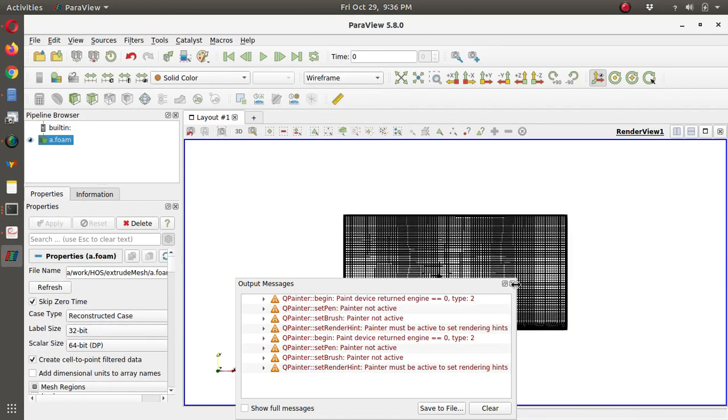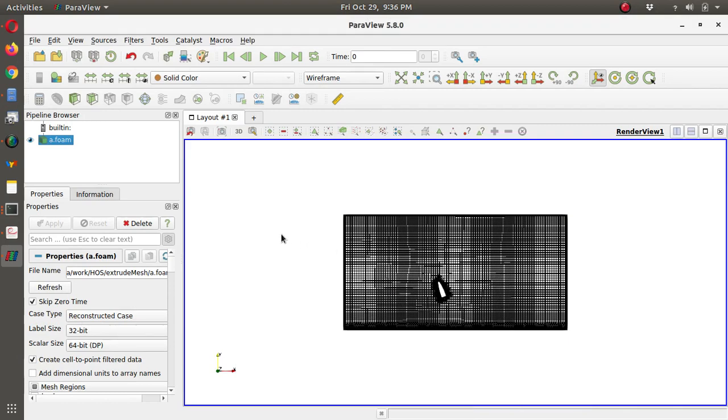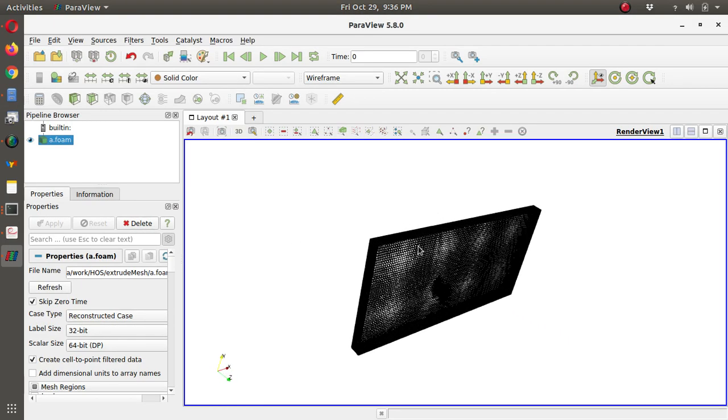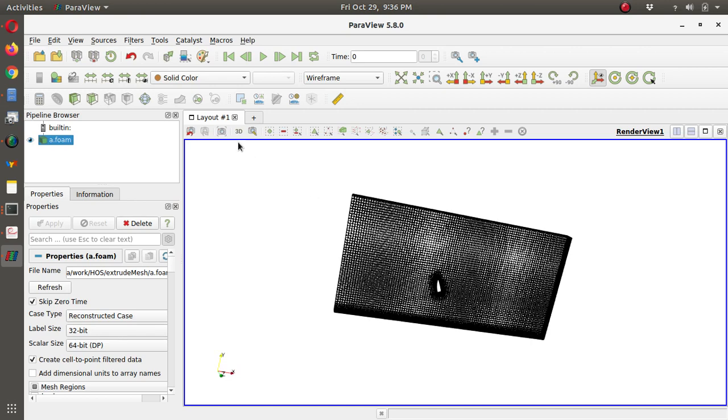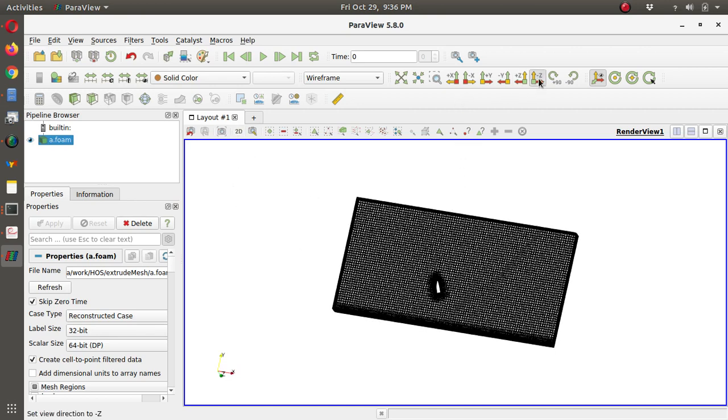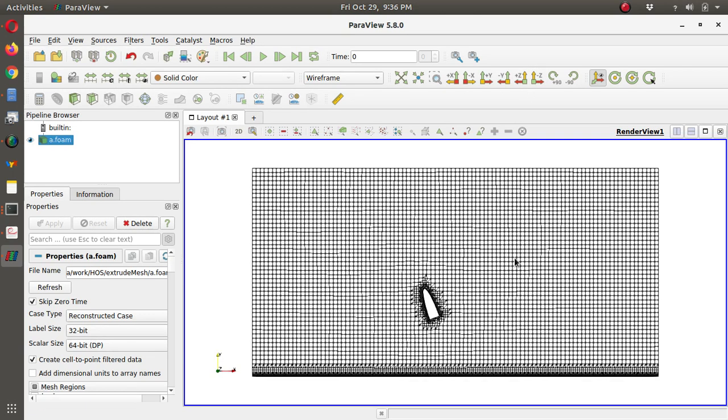So here a three-dimensional mesh we have made as it is shown, but the mesh which we have made is very coarse mesh, and that was to show the procedure how to